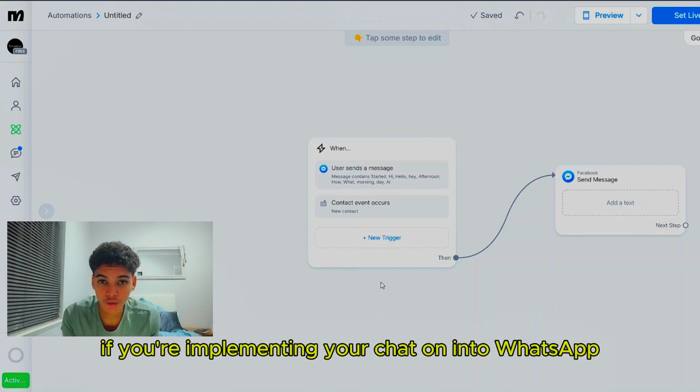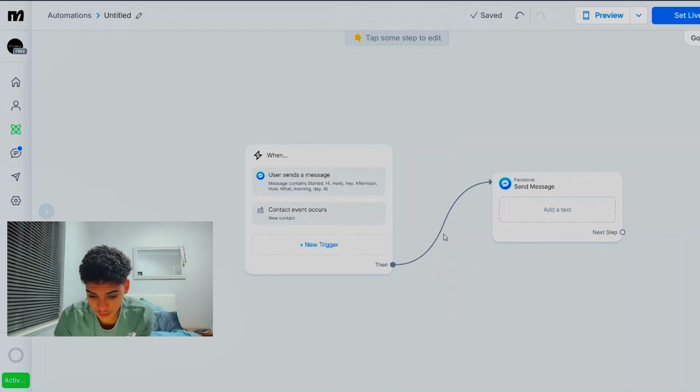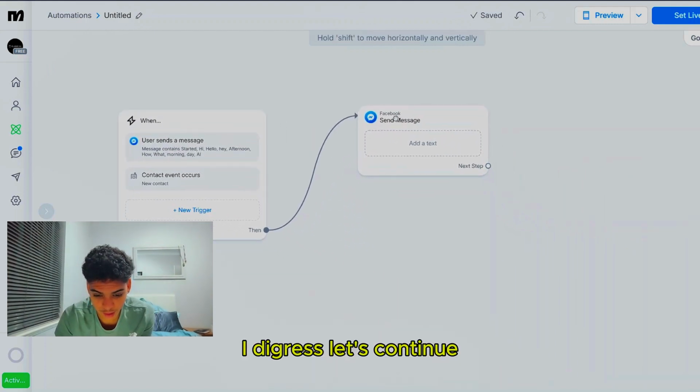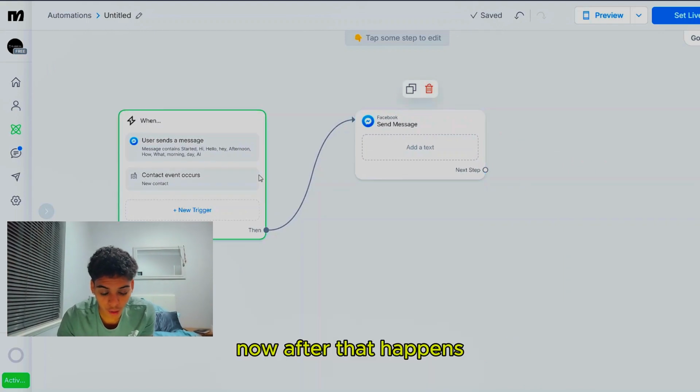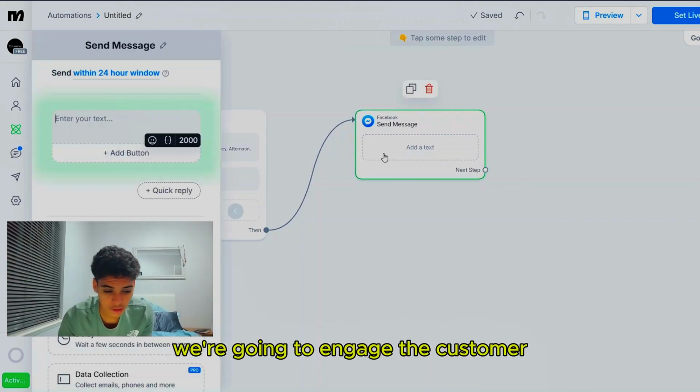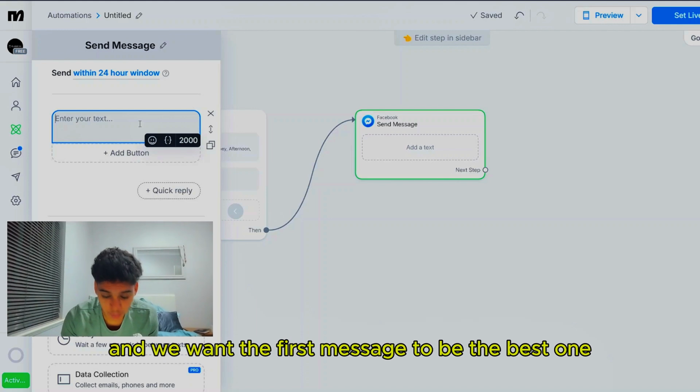That's useful for if you're implementing your chatbot into WhatsApp, but I digress. Let's continue. Now after that happens, we're going to engage the customer, and we want the first message